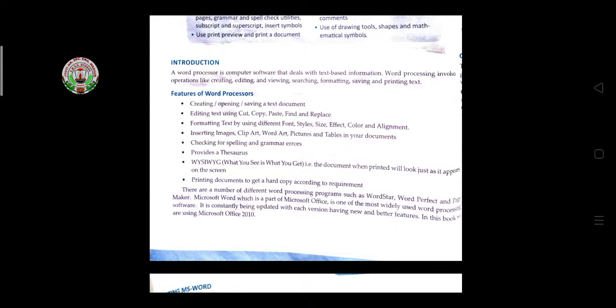These are the operations of word processing.